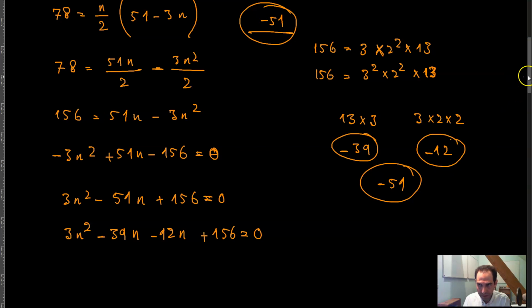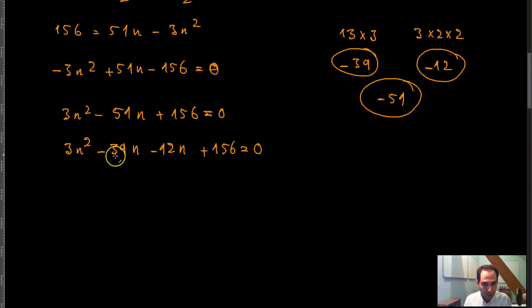And now, as you can see, from these two terms you can take a 3 out and an n out. So you have n over here minus 4. That is basically negative 12n, right? And from these two terms you can take a